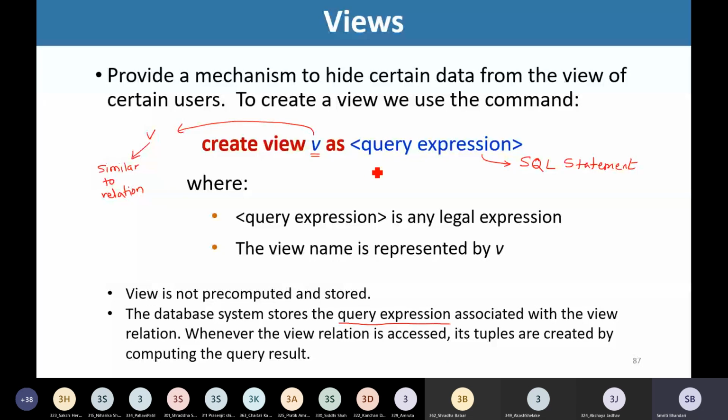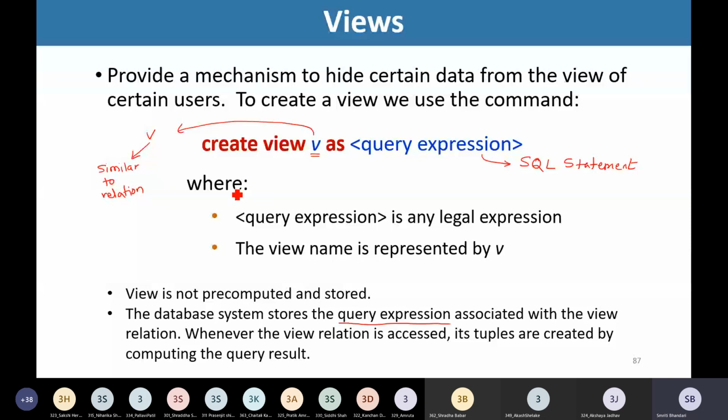So only the definition for this particular view V is being stored in the database system, but the actual data after executing that expression is not being stored. But whenever the view relation is accessed by the user, then its tuples are being created by computing the query result.